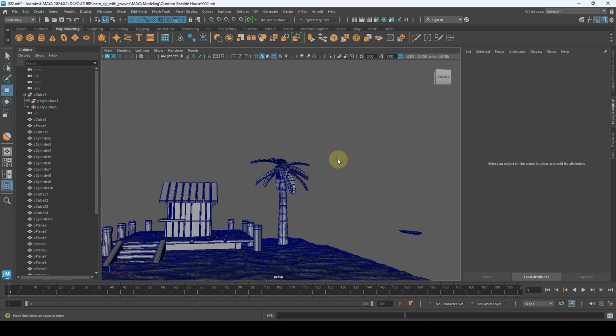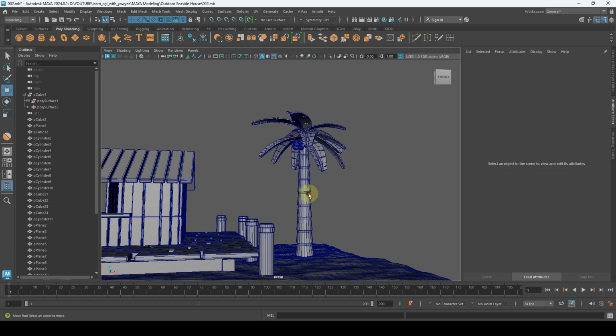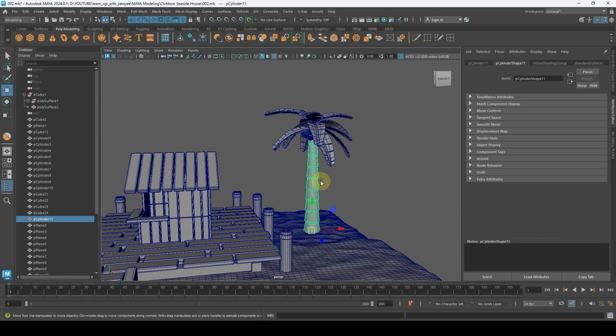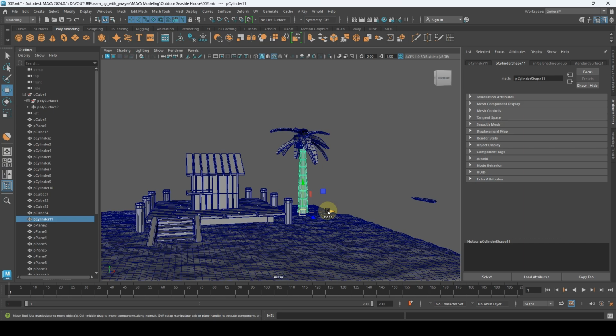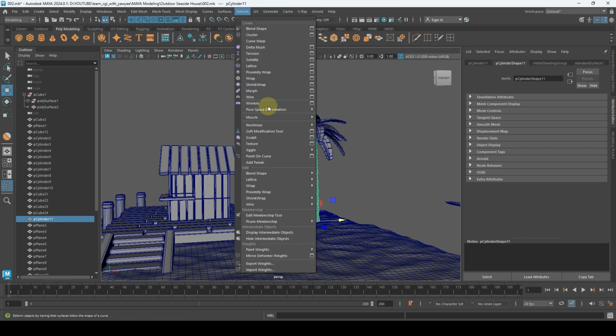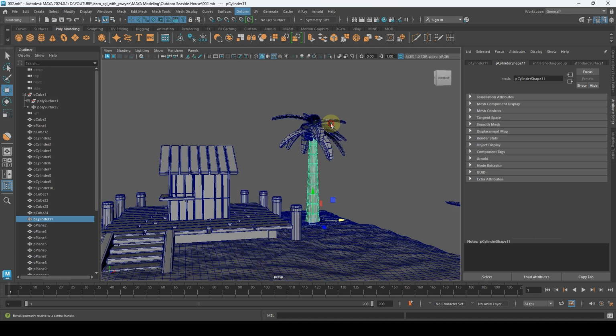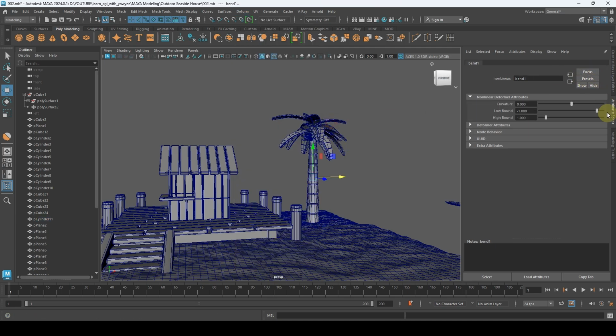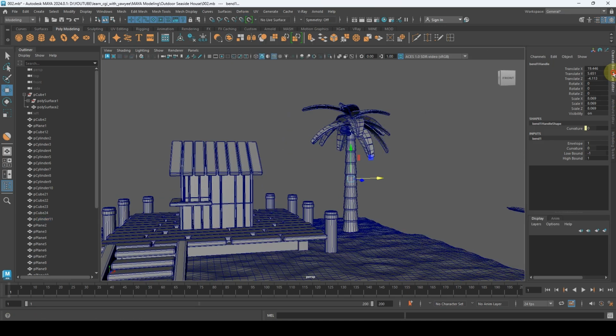I think having it straight doesn't look nice enough. So how about bending it? Okay, let's make a copy over. With that selected, let's go to deform, non-linear bend. Go to the channel box, move it down, curvature,